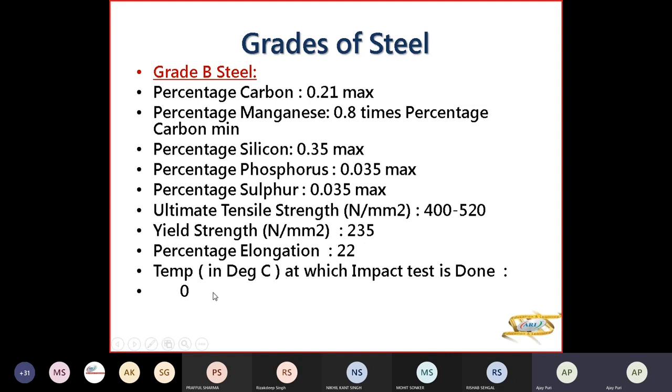degree Celsius। तो 0 degree Celsius में लैब में impact test is done on this section of steel used। You know this is destructive test, impact test। All your test is destructive test।